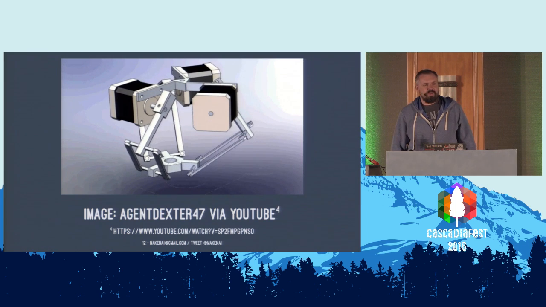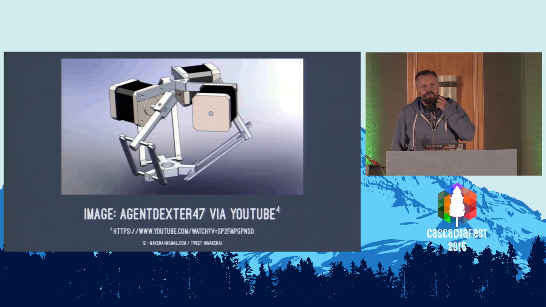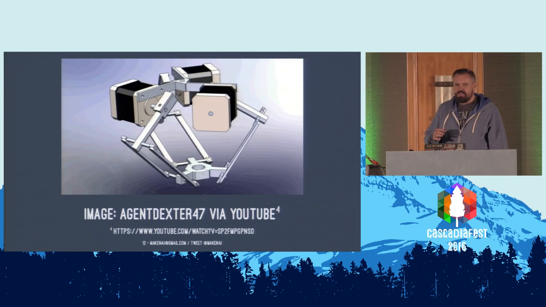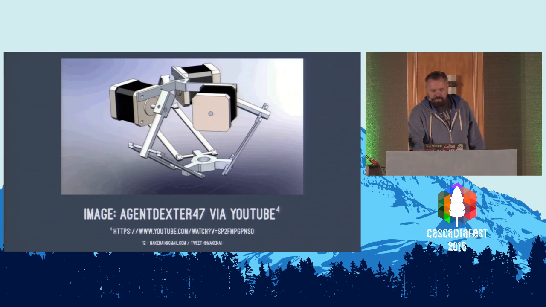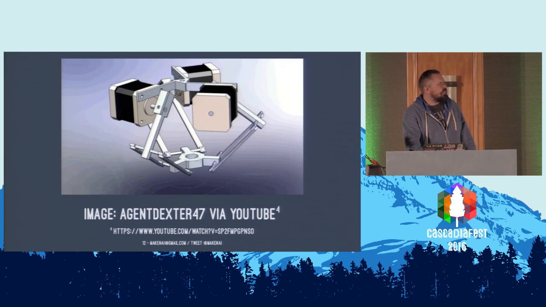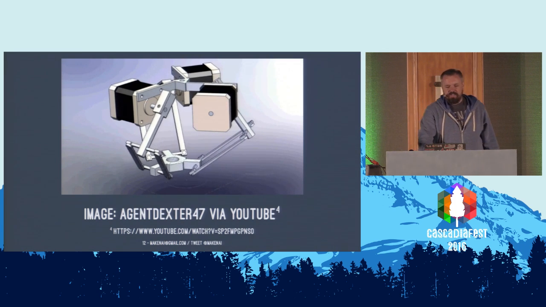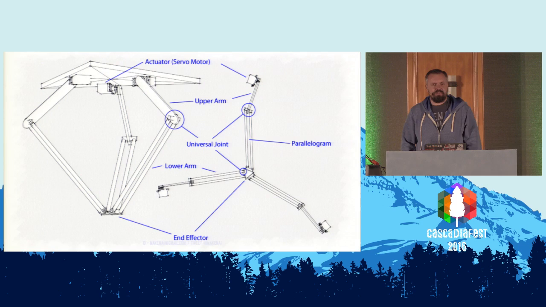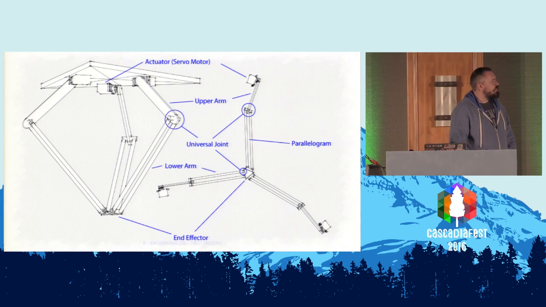And you have to do a little bit of math to get the position right. It's a branch of math called kinematics, and you have to do an inverse kinematics equation to figure out where the stylus is going to end up at certain angles of the motor. These are the basic parts of a Delta robot, and the thing to take away from this is the motors